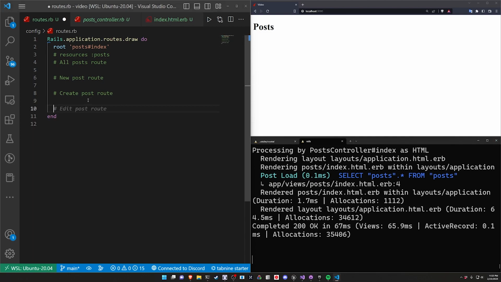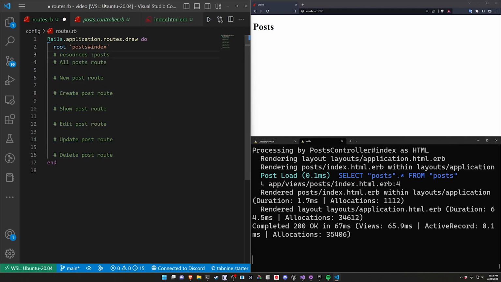And I'm creating these in a specific order, like we have the all post, then the new, then the create, then the show, because that's sort of the order that we're going to run into errors when we go through the application here. Let's do one more space. So we then have the edit, we have the update, and then we have the destroy at the end here, which is just going to be a delete. Okay, so all of these are basically included out of the box when you run